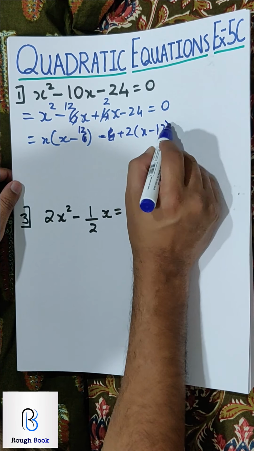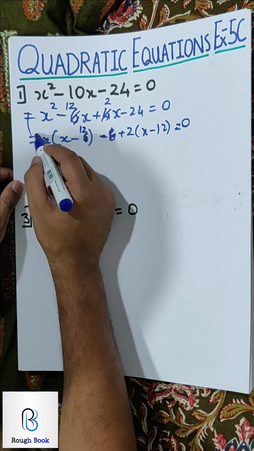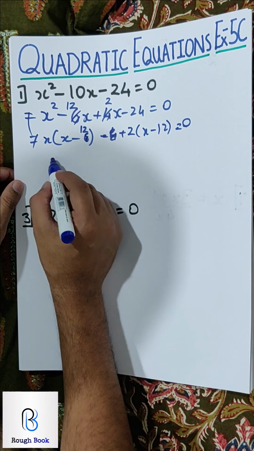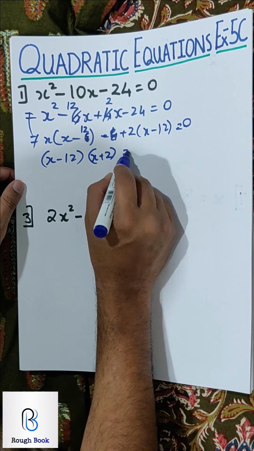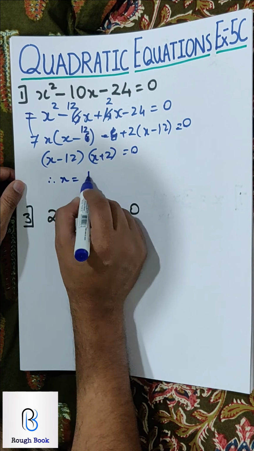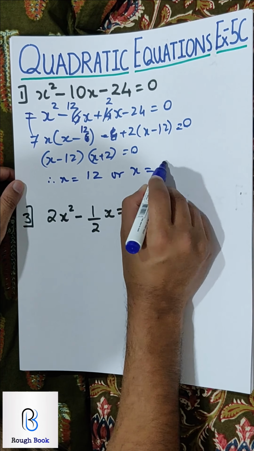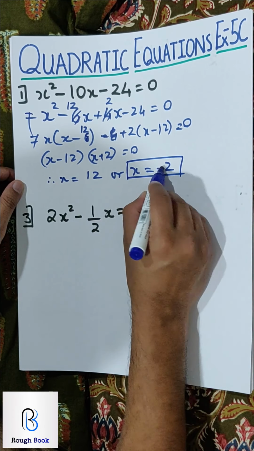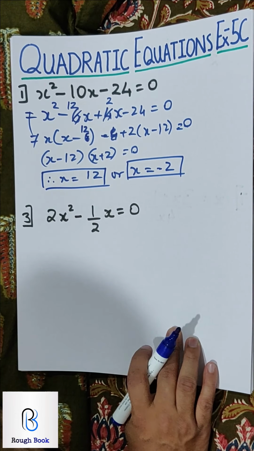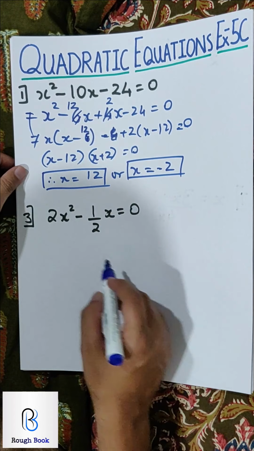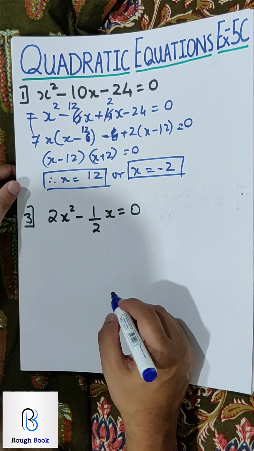So x minus 12 equals 0. When there is 1 equal to, I don't need to put another one. So x minus 12 and x plus 2 equals 0. So therefore x is equal to 12 or x is equal to minus 2. Two answers we get. I hope everyone managed to reach here, and I hope no one has made mistakes the way I have. Come on, this third one, hit it.